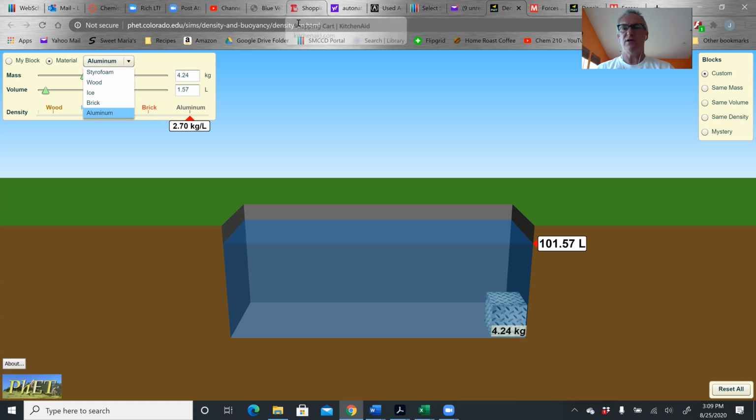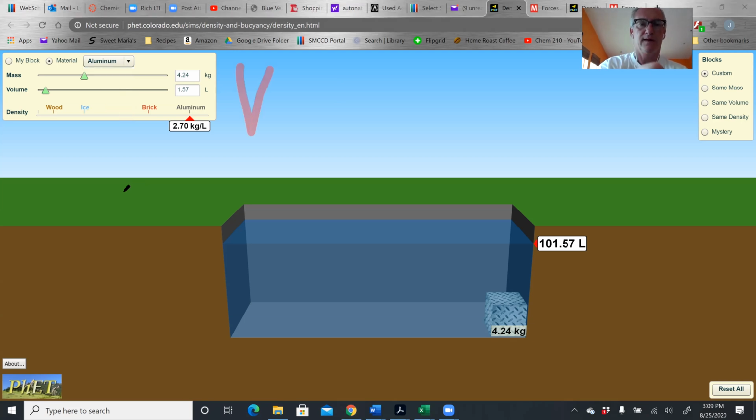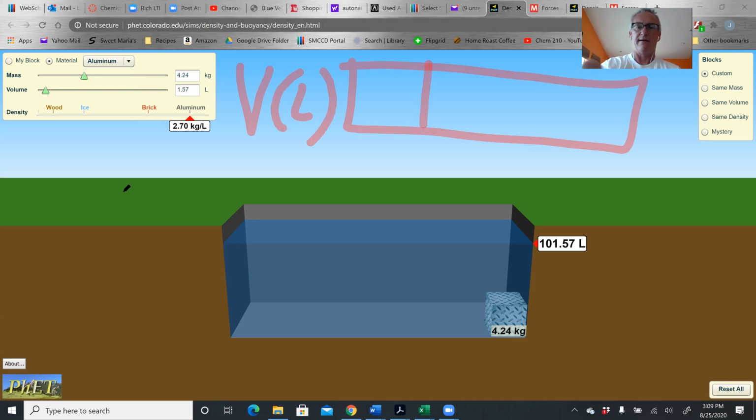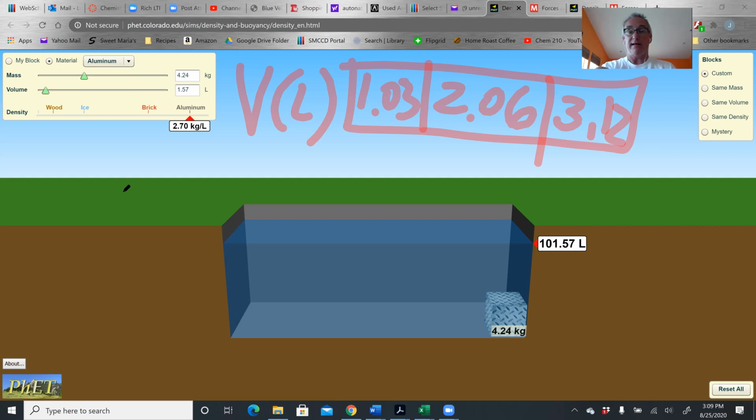It actually looks nicer when you don't do that. So for instance, if I had volume in liters, and then I make my graph, these are my 3 different measurements. So I would just put 1.03, 2.06, 312. And it's assumed that all of these are in liters because you've told me in the very first column,